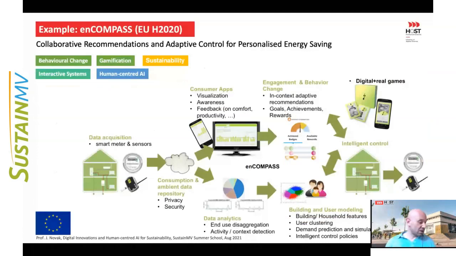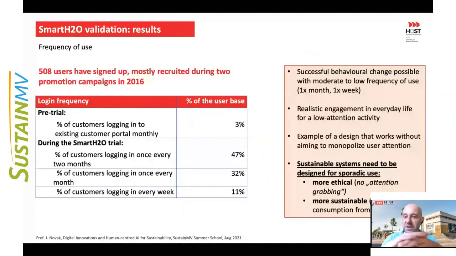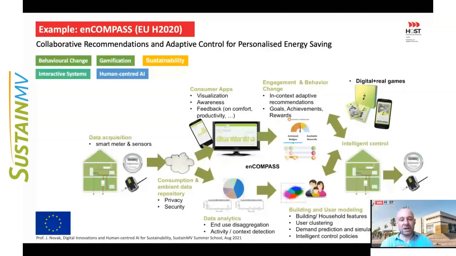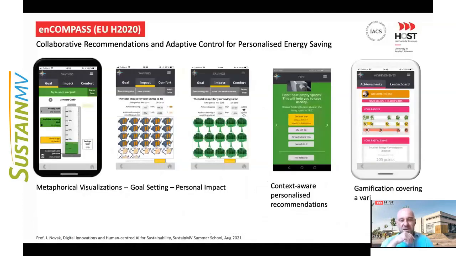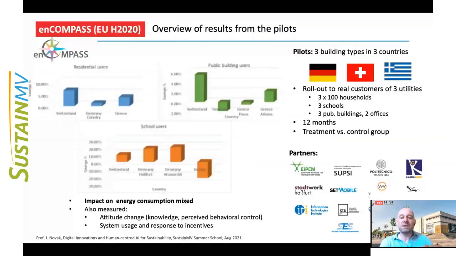So that has been the story, which took maybe a few minutes more than I hoped, about a case study of how we went about designing a behavioral change system using specific types of digital techniques to effectively support changes in behavior on reducing water consumption. We did a similar thing in energy with a little bit more personalized functions, which I will skip now for reasons of time, but you will find references to check it out later. The results were not that good. They were mixed, but still some interesting insights,